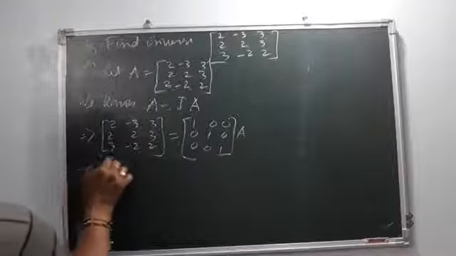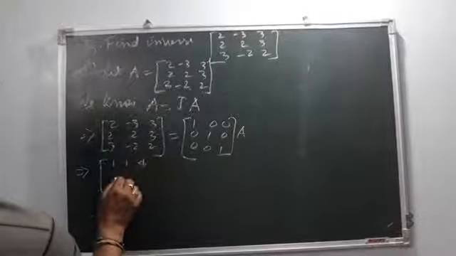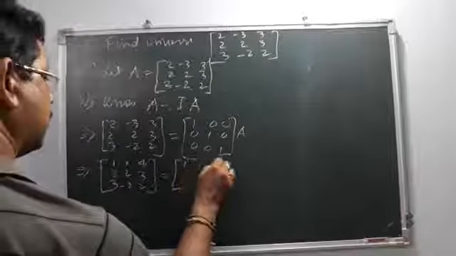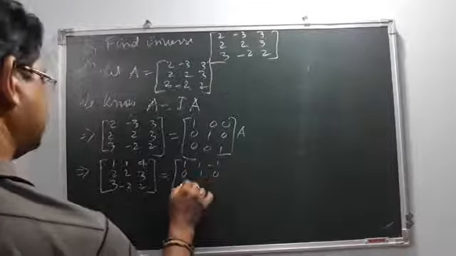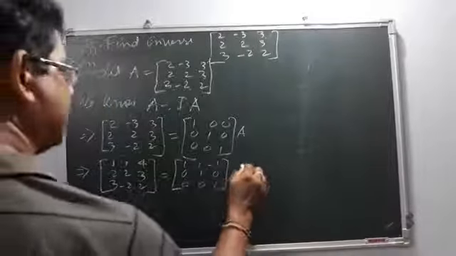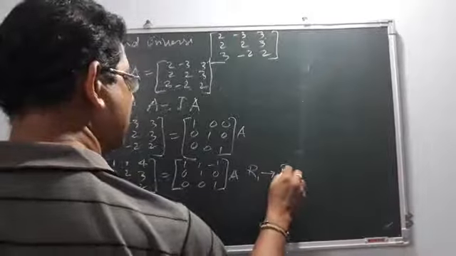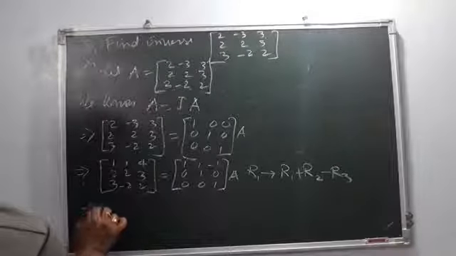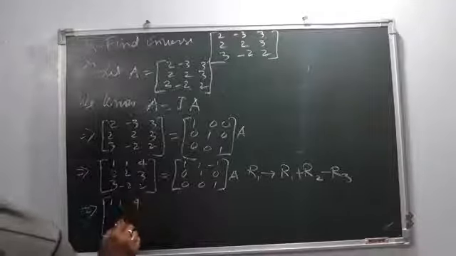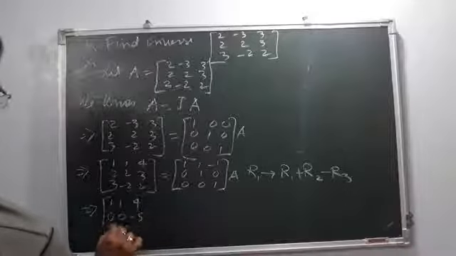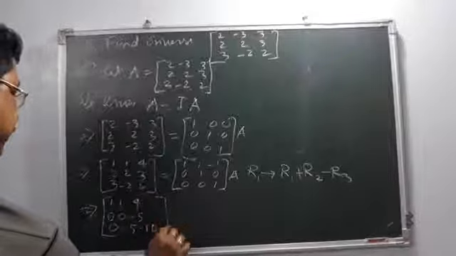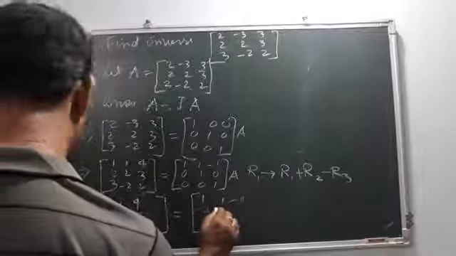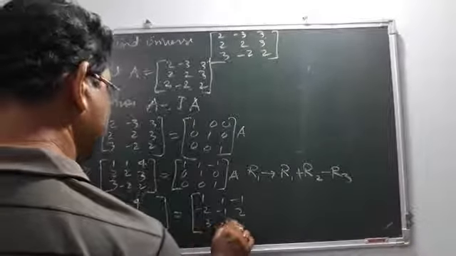Then we will do one simple calculation. We can make it 1 1 4, and 2 2 3, 3 -2 2, and this one 1 1 -1, 0 1 0, 0 0 1, A. If we make R1 equal to R1 plus R2 minus R3, then we will get 1 1 4, 0 0 -5, 0 -5 -10, and this is equal to 1 1 -1, -2 -1 2, -3 -3 4